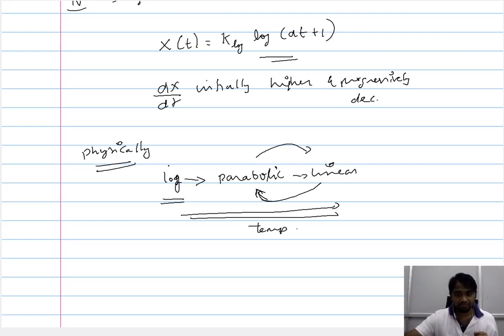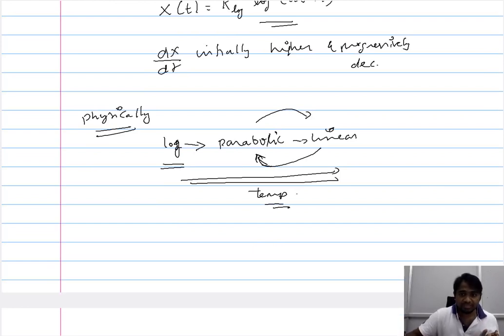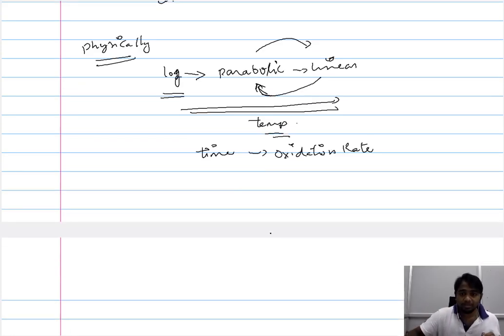So this is something that you need to consider while you are talking in physical terms. In addition to the temperature, time also changes the oxidation rate that is operational. So with time, the oxidation rate that is operational will also change, and the change is primarily between linear and parabolic. It has been observed that after sufficient time, once a sufficient amount of metal oxide has formed, the oxidation rate changes from linear, which is independent of the thickness of the metal oxide, to parabolic, which is dependent on the thickness of the metal oxide.